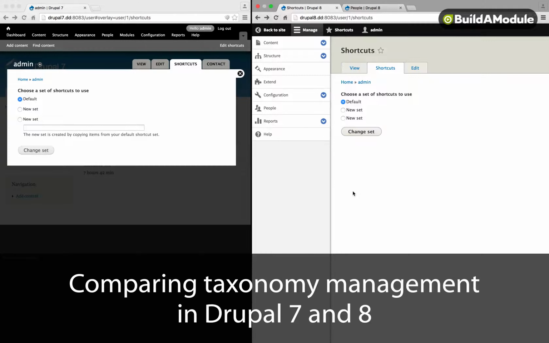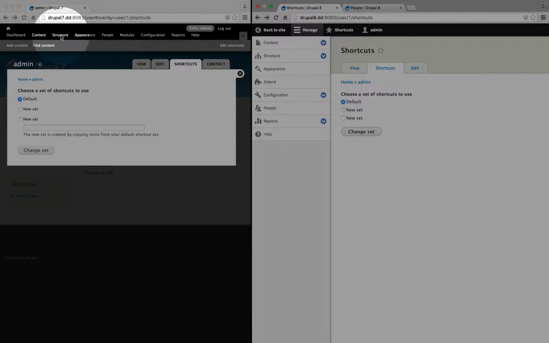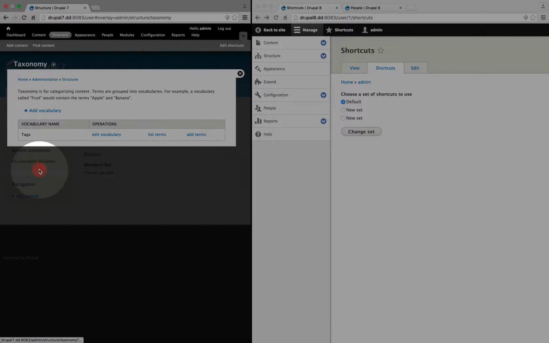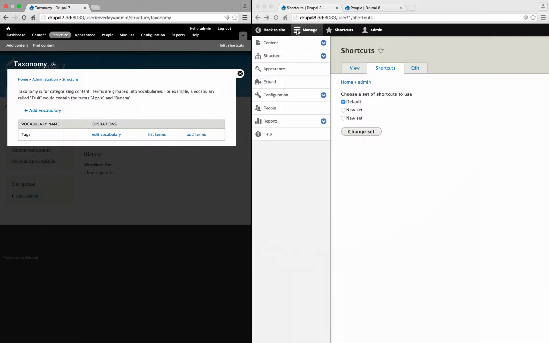Taxonomy for the most part has stayed the same, except now it gets some of the same benefits that content types and blocks get as well. Let's take a quick look. I'm going to go to Structure, and then Taxonomy in Drupal 7, and in Drupal 8, it's in the same